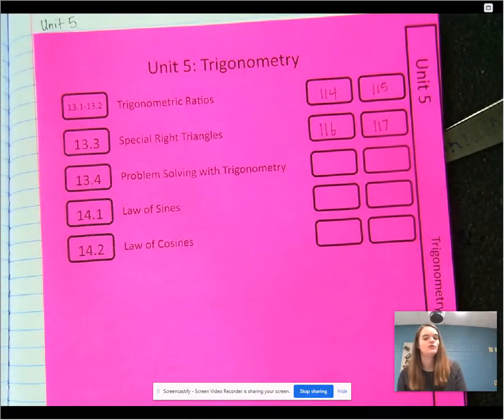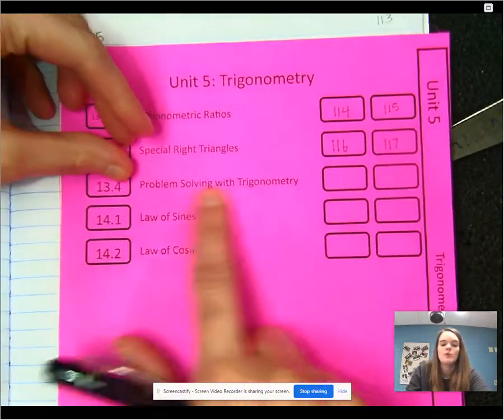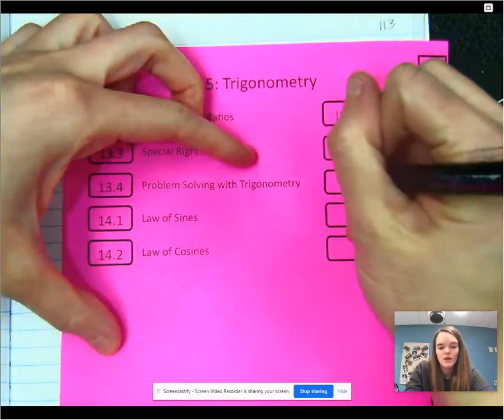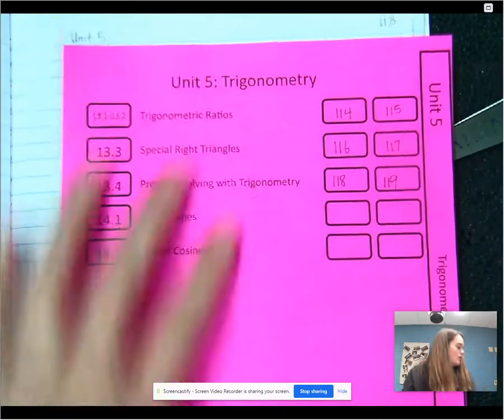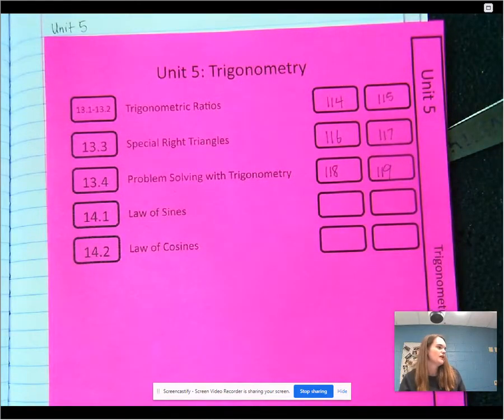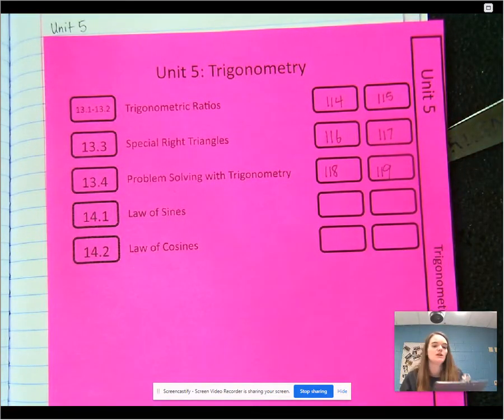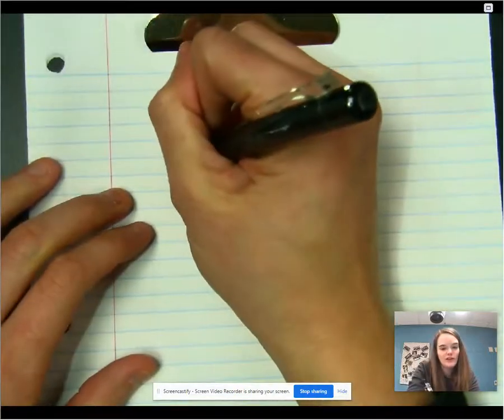All right, today we're going to finish right triangle trigonometry with a problem solving with trigonometry section. That's going to be on 118 and 119. Once you've got 118 and 119 labeled, and we're going to go back and label it in just a minute, you're going to tear out pages